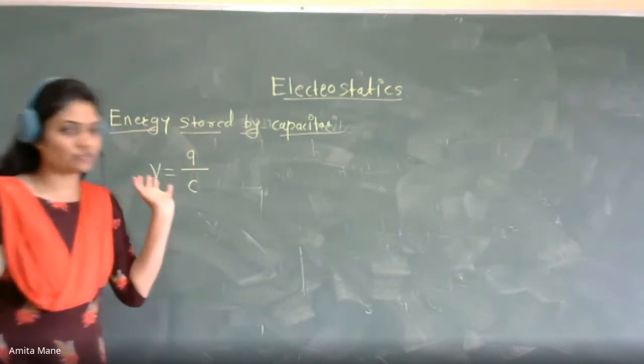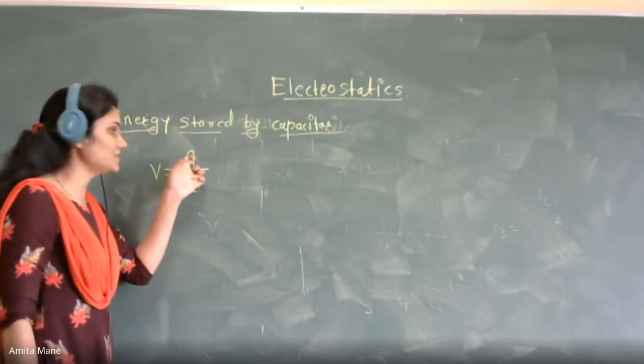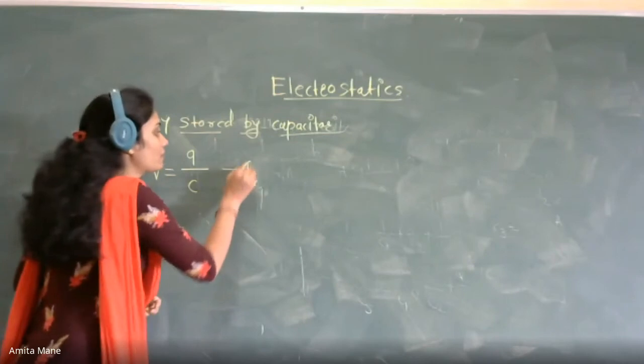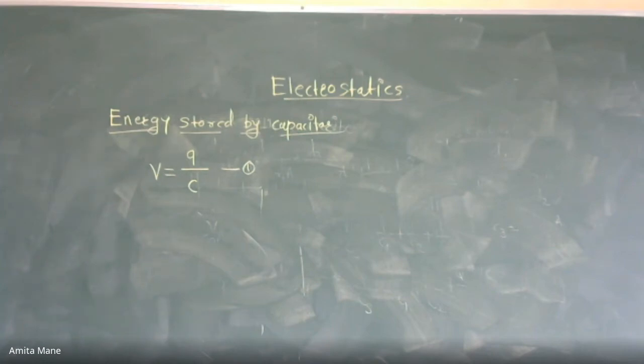समझ में आया यहाँ पे ये मैंने इक्वेशन क्यों लिखा, समझ में आया क्या, प्लीज बताओ। At any instant of time during the process of charging, let the charge of that capacitor be small q coulomb, means वो fully charge नहीं हुआ है, उसके पहले मैंने उसको मेजर किया, ठीक है।